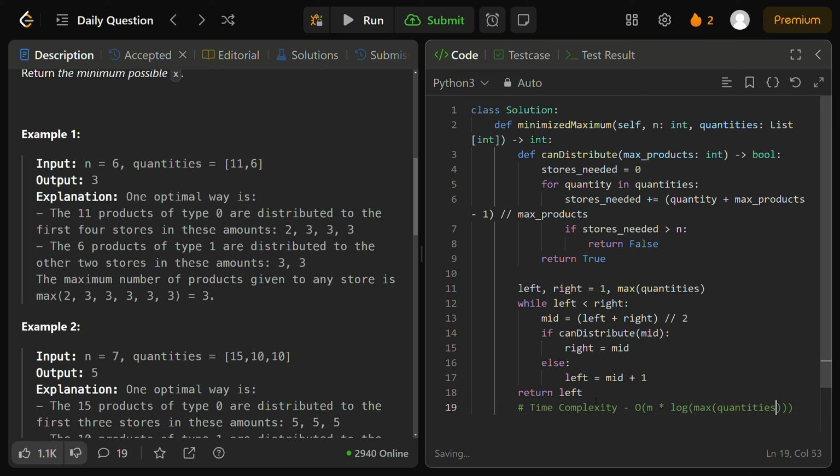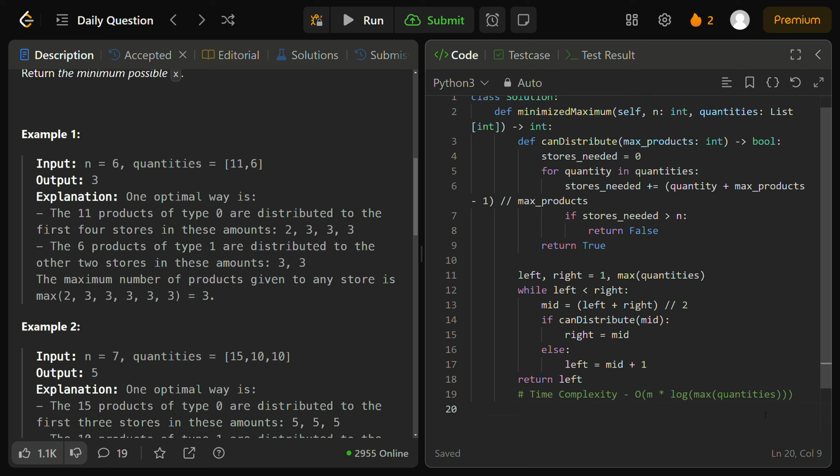Because the binary search part of our solution is going to run in big O of log of the max of quantities, and we're checking for each midpoint by iterating over the quantities as well using that can distribute mid function. So that's also going to be a big O of m operation, a linear operation. That's going to be big O of m, the linear portion, times the log of the maximum value of our quantities. Okay, and for space or memory complexity here,